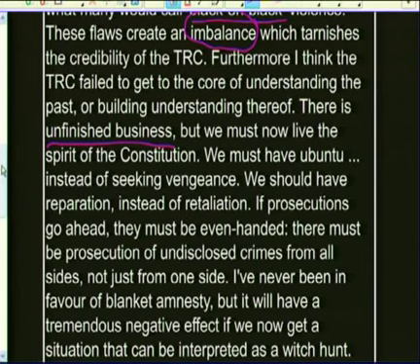Now, F.W. de Klerk is responding to the work of the TRC. Remember, this was said in 2006. It was 10 years later. The first hearing of the TRC was in 1996. Now it's 2006 when F.W. de Klerk says this. And he's looking back and sort of critiquing the TRC. And he argued that it was flawed. It was imbalanced. So in other words, he was not supportive of the TRC. So when you're reading this source, you need to take out all these things. He also says there is unfinished business. So the TRC did not unearth the entire truth, as it had claimed to do.